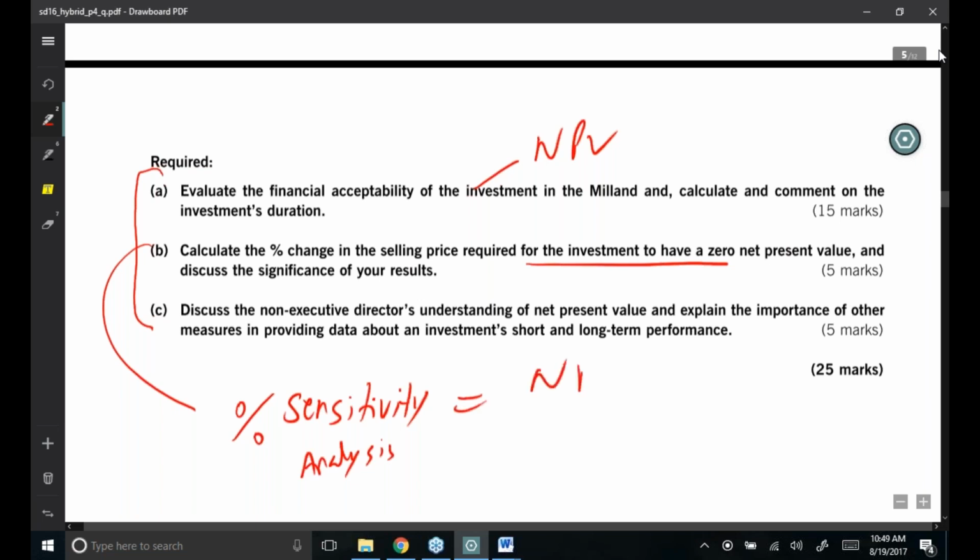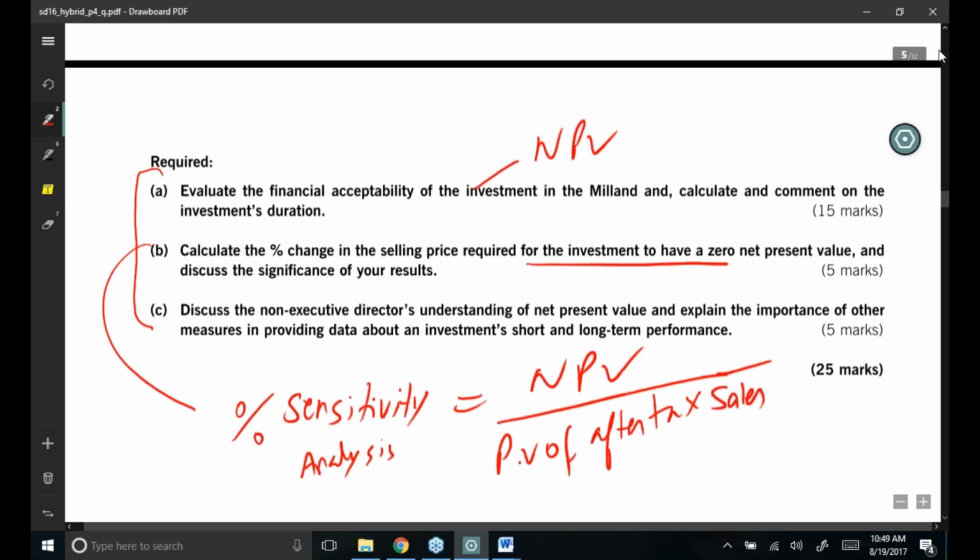That is NPV over present value of after tax sales. So evaluate the financial acceptability, calculate the percentage change in the selling price. How much your selling price will change if NPV becomes zero. So that is the sensitivity